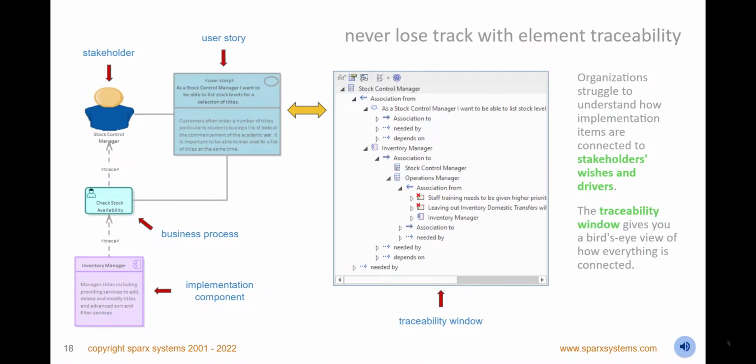Never lose track of element connectivity with the traceability window, and view a graph of model connections from a context or reference element. Set options to restrict which relationships to display, and locate related elements in the browser or diagrams, and instantly view their properties. Use this view in conjunction with other windows, like matrices and model views, to gain a comprehensive understanding of how requirements relate to both business and technology elements, ensuring there is no scope creep or unintended gaps in your design.